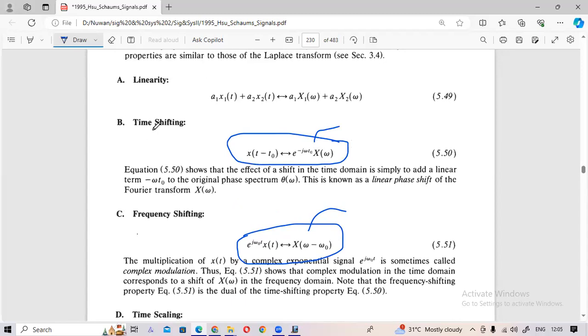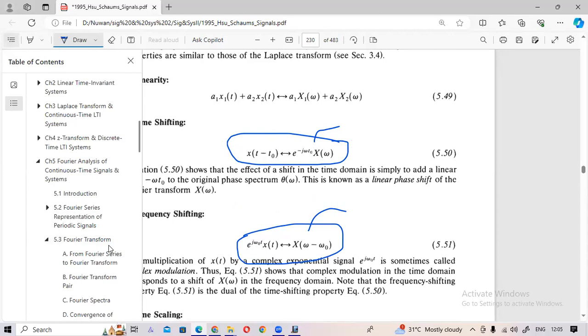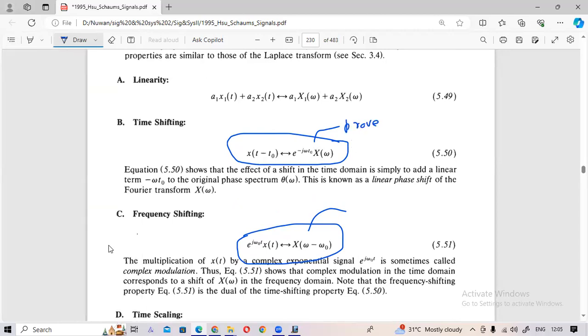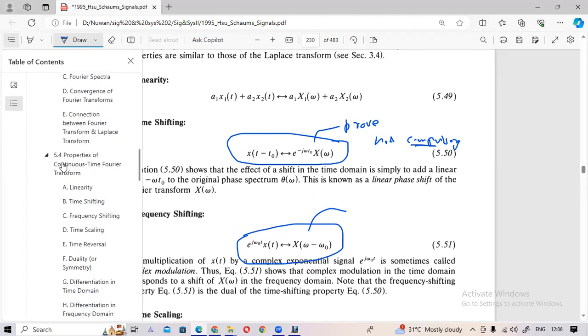This is for continuous time signal. This one also you can try to prove, but it is not compulsory, though the same approach is there. But for discrete time,